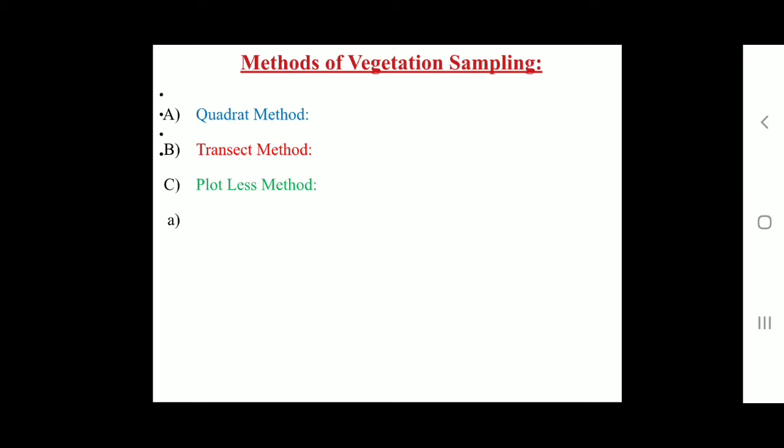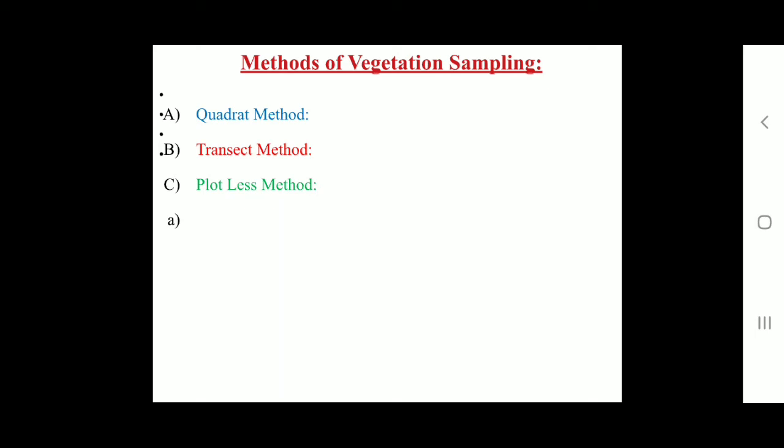Although quadrats employed are of various shapes, the square shape is mostly followed. The size of quadrats should be large enough to contain a significant number of individuals, but small enough that the individuals' presence could be separated, counted, and measured without confusion leading to duplication or omission of individuals. 3 to 8 species per quadrat, that is sample unit, can be counted conveniently. Then next point, that is types of quadrats.